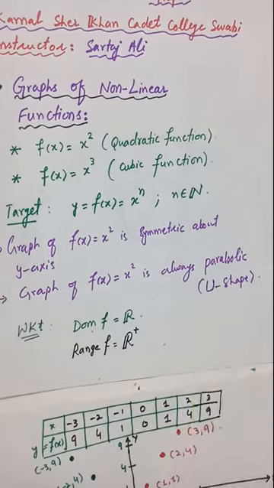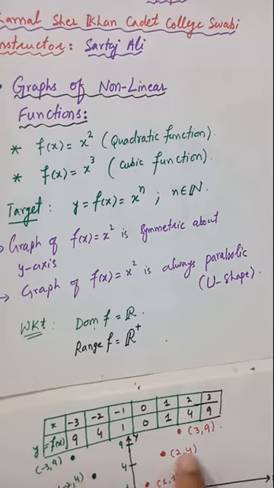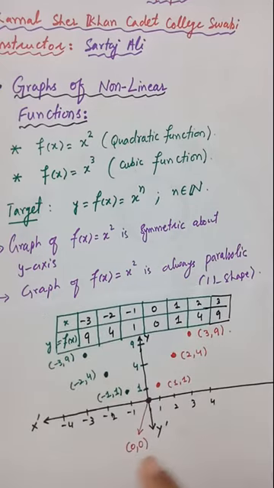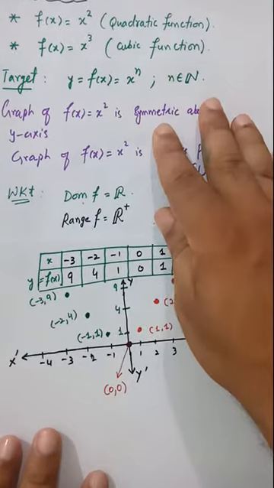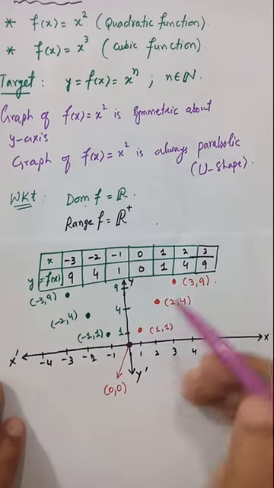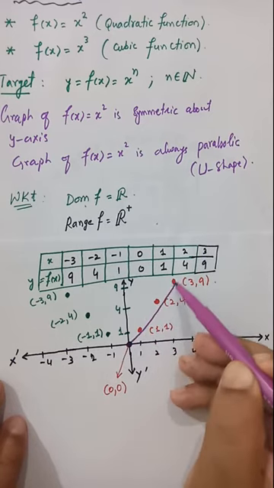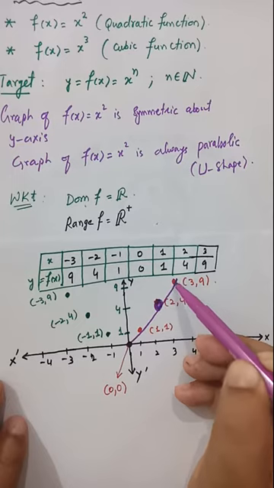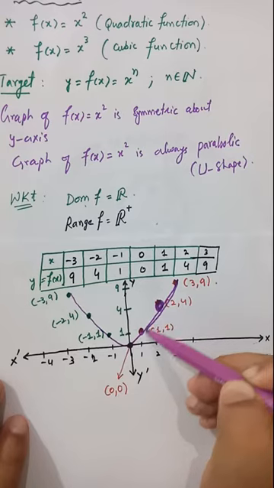You remember from here that the graph is parabolic, U shape. So you need to pass the graph from these points in U shape. It will be more accurate if you use graph paper. I'm not using graph paper, so that's why it will be a little not like a U shape, but it is always in U shape. So when you pass the graph, it must be in U shape. Now in this case you see that these points are not in a proper way, but that must be in U shape. You see that this is the graph, it must be in U shape.